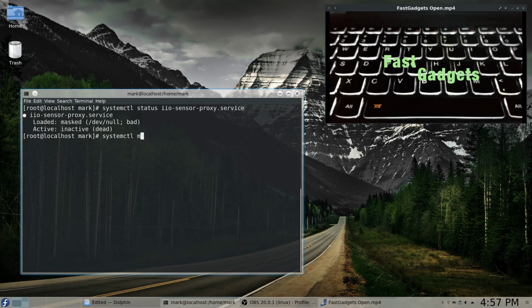Now if I ever want to unmask the service at some point, if they get IIO sensors working correctly so that if I rotate my laptop it will correctly show the display, I can do an unmask iio-sensor-proxy service, and that would simply change the masked status to unmasked, and then it would run at startup. What does that mean for me right now? Well, since the service is dead or inactive and it's masked, I do not have the benefit of automatic rotation,